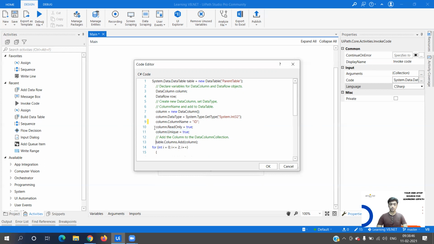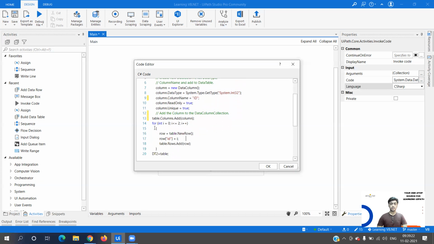Then table is what we created, table dot columns dot add and the column object, right? So these are all the functions. If you see, if I type table dot columns dot add, and if you see in bracket, I have data column, I have string column name, then type, I have string column name type, and then expression, and only add. So that we have done already. Table dot count add column.